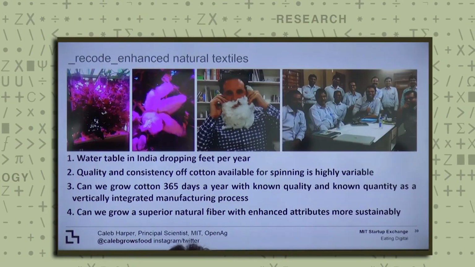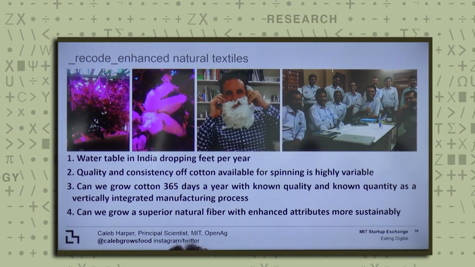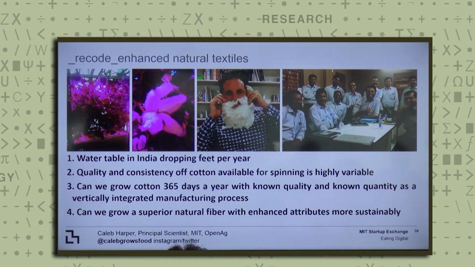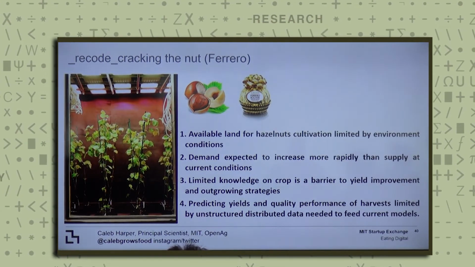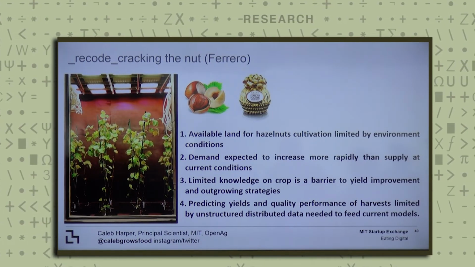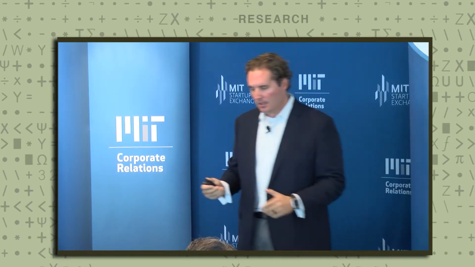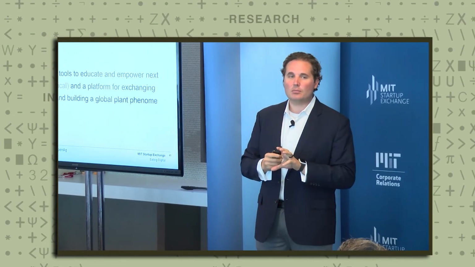So I'll close really quickly. This project is about what can you grow in a box, and it's a cotton project with the world's largest cotton manufacturer in India. I do it with Ferrero on the hazelnuts for all different kinds of reasons that we can talk about, but that's more about where would they plant hazelnut orchards in the future, where would they acquire land now. And the last thing: we put all of this out open source